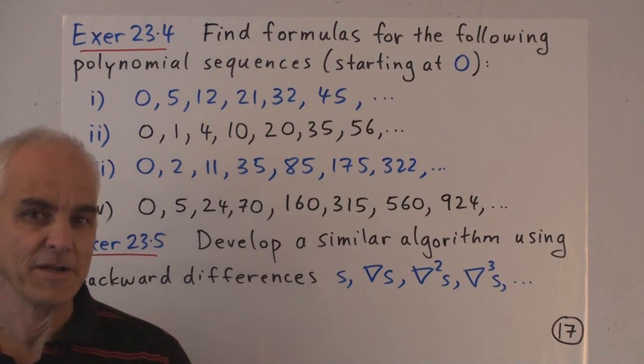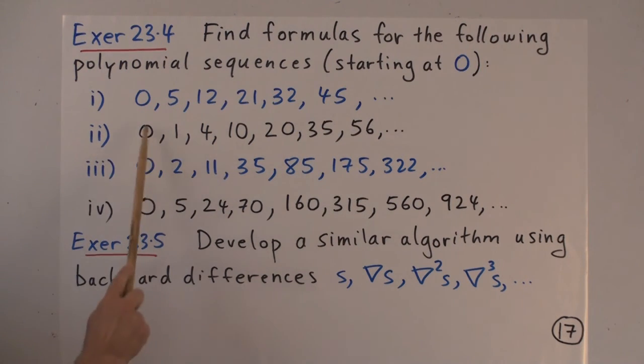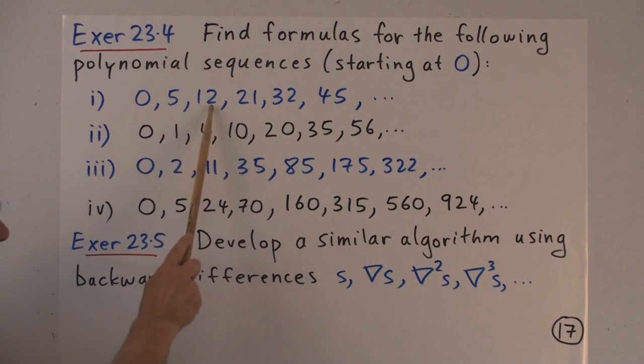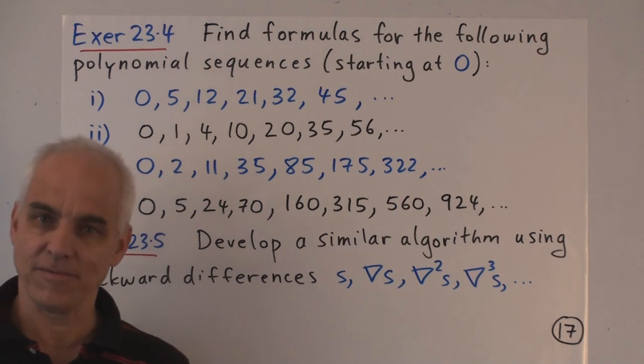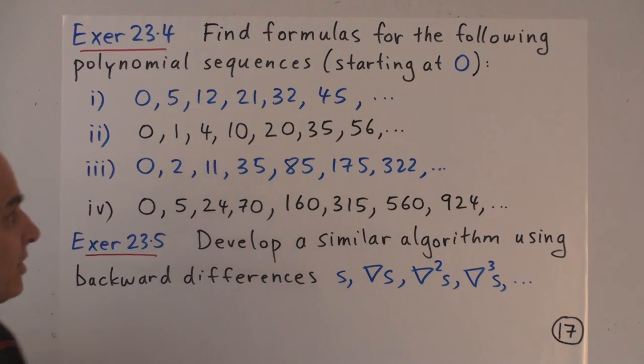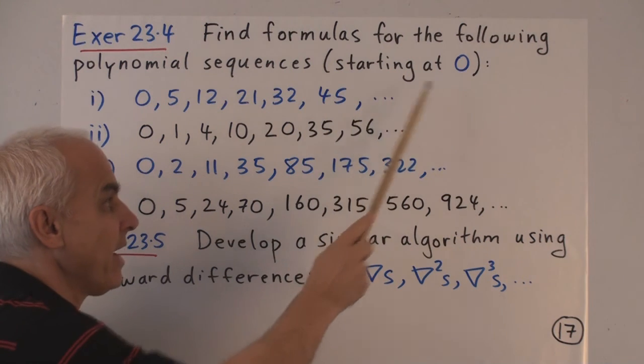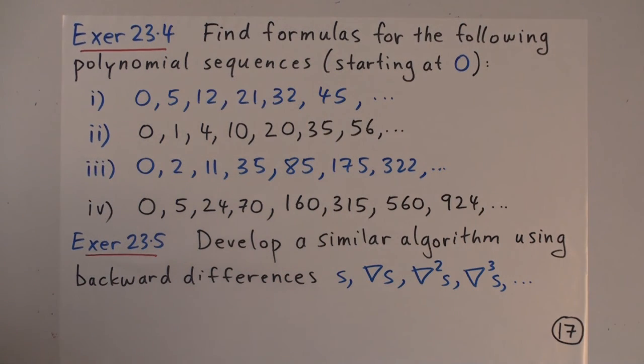All right, and some fun projects to analyze some sequences. So these are polynomial sequences. We'll assume that they all start their indexing at 0. So that's the 0th term, the first term, second term. And I want you to apply the forward difference and the analysis that we've been talking about to find formulas for them, so that you could, if you wanted to, extend the sequences arbitrarily. So there's 1, 2, 3, 4 different ones to practice on.